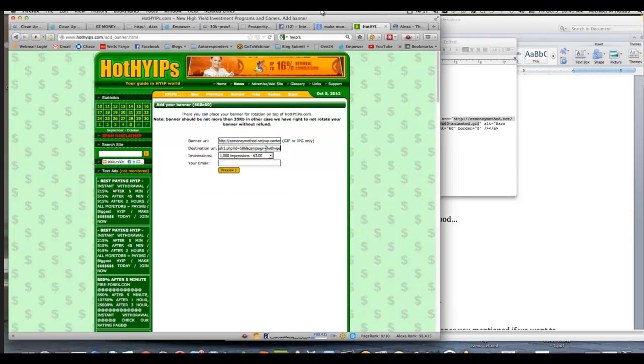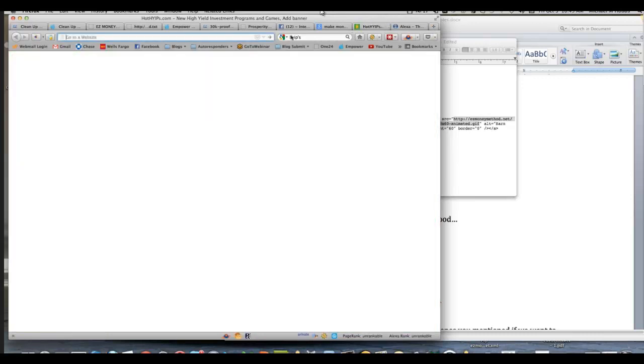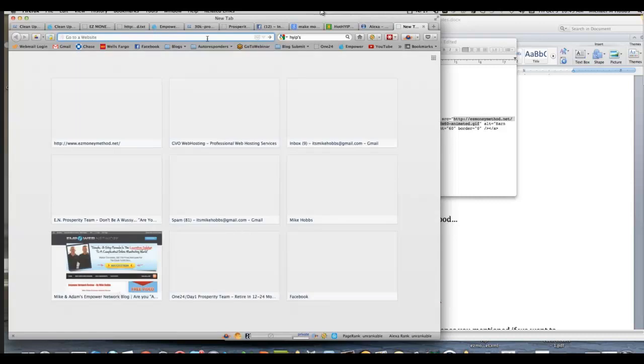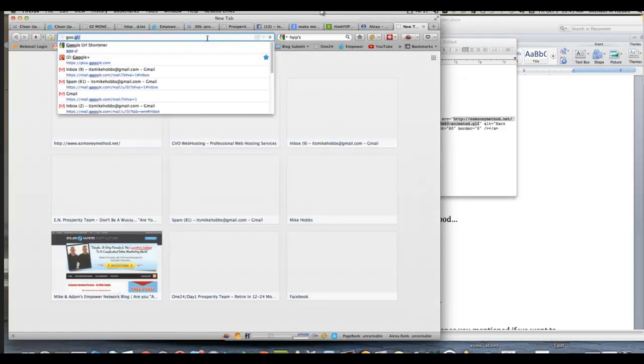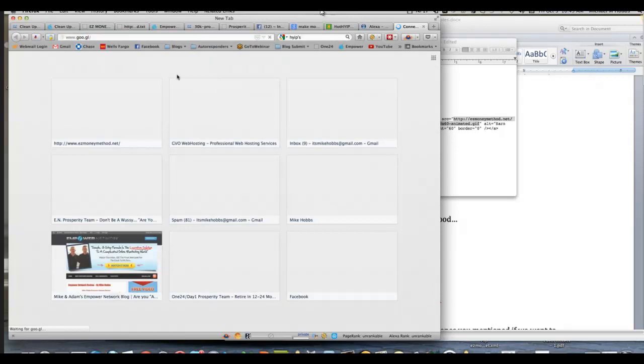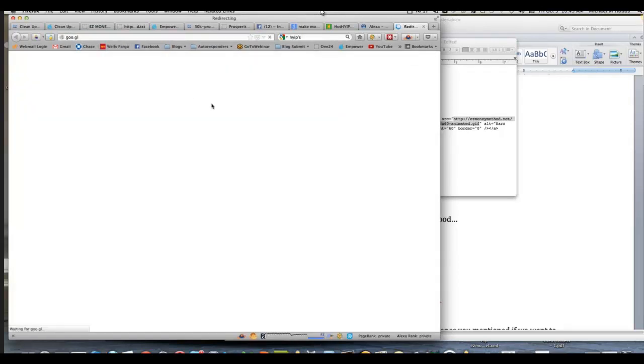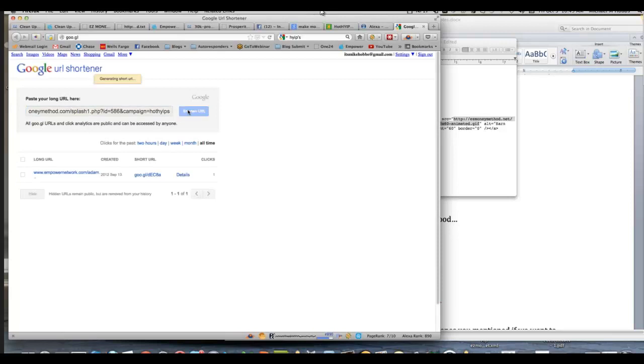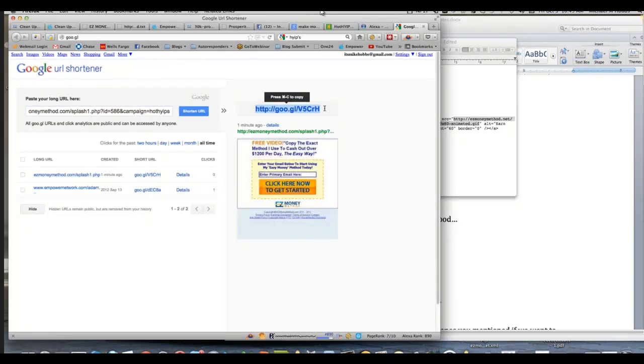Now, if you don't have tracking like that in your system or your website, you can just go to something like goo.gl. Does everyone know about that? Goo.gl. And you can just use that to put your website in there, and this will also track how many clicks you get. Okay, so if I want to do a double whammy, I can put this in here as well and shorten the URL, and now I can use the goo.gl link. So now I can track my clicks in 2 different spots. So let's go ahead and do that.